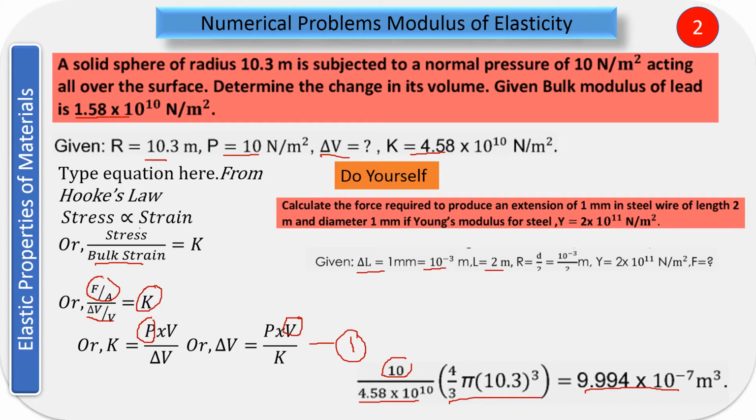The length is given, right? The diameter is given, so then you can find out the radius. So I have divided it by 2, d upon 2. And Young's modulus is given. You have to find out what is the force under which this extension is being produced, the force required, right? So again you can use the same equation of your previous one, and then you can find out the force that is coming on this, right? So the value of the force will be equal to 78.54 Newton, right? So again this would be a very easy problem. Let's move to the next one.